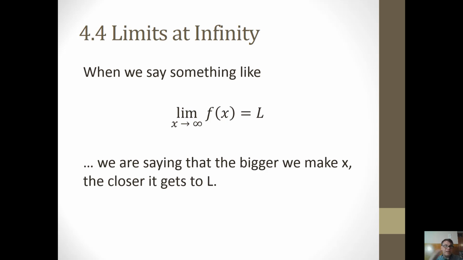It never quite gets to that line, but as x gets bigger and bigger, f of x gets closer and closer to that limit, but it never reaches it. You could go on forever as x gets bigger and bigger, but you would never quite reach that number,